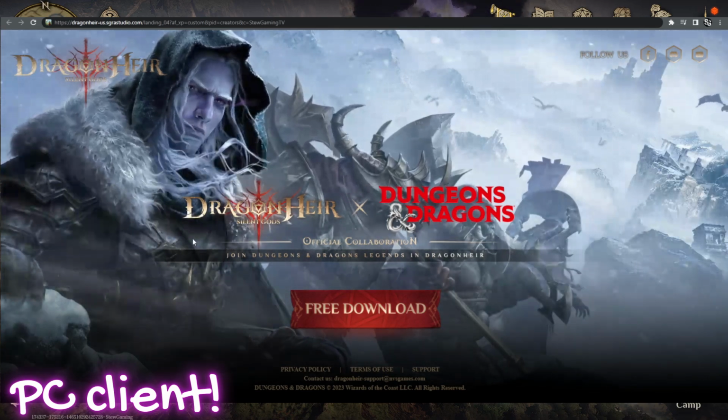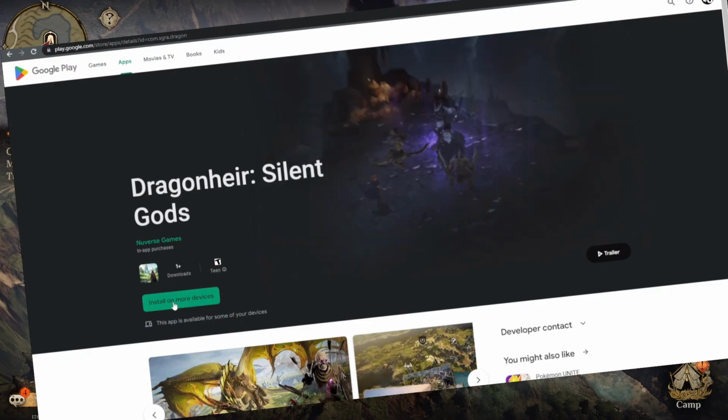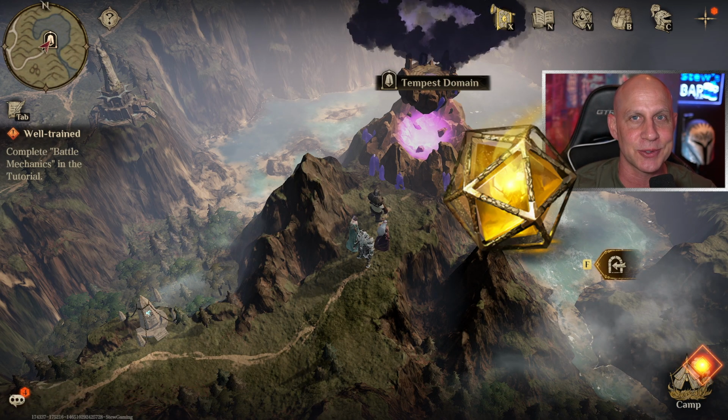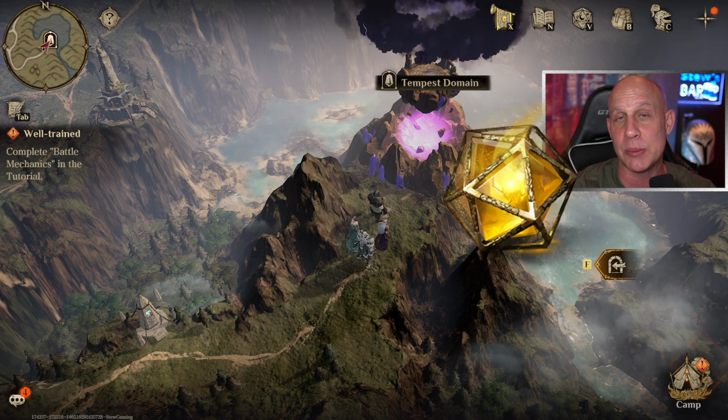Dragonheir Silent Gods, everyone can play this game now. It's actually in early access. We're going to go over how to get legendary heroes. The Heliolite dice, those are the gold dice. Those are the only ones that give us a chance of getting a legendary hero at a 3% chance, which